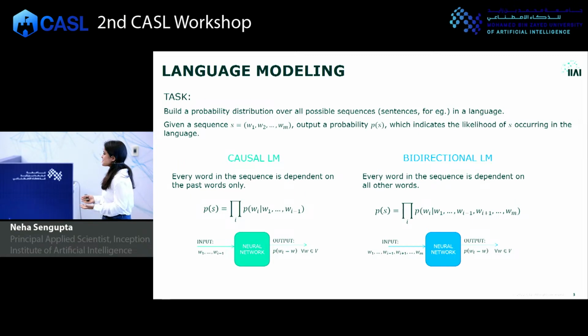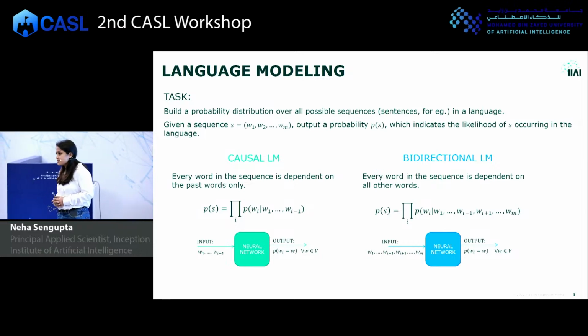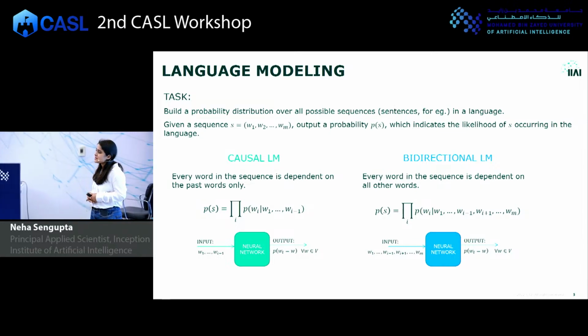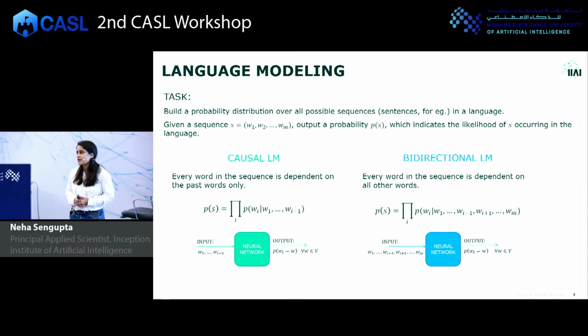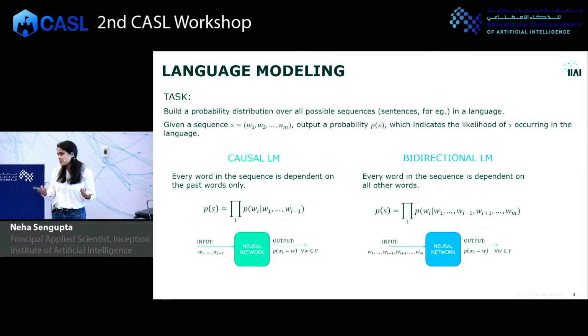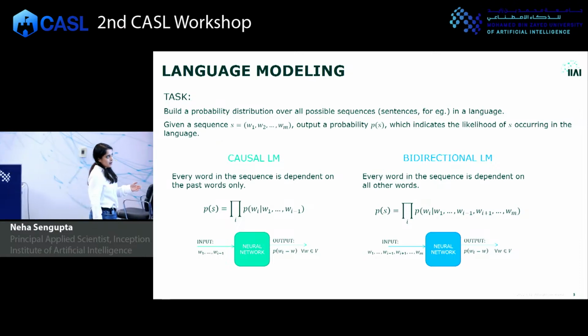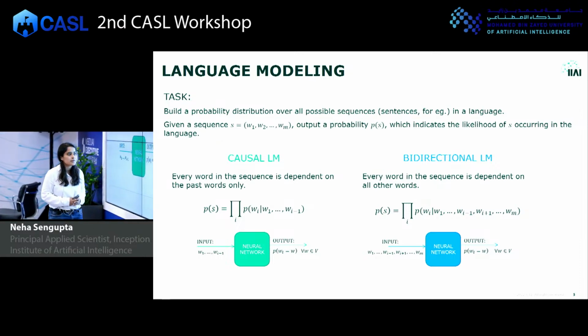So I'm guessing my audience is already very familiar with these concepts, but a quick refresher: what is language modeling? For any given sequence, the language model attempts to assign a probability to that sequence. Higher the probability, higher the likelihood of such a sequence appearing, right? So we have two kinds of language modeling. First is the causal, or the left to right, language modeling, for languages that are written left to right. So we say that given a sequence W1 through Wm, the probability of the sequence is just the product of the probabilities of every word. And the probability of every word, Wi, is conditioned on the words that appear before it, right?